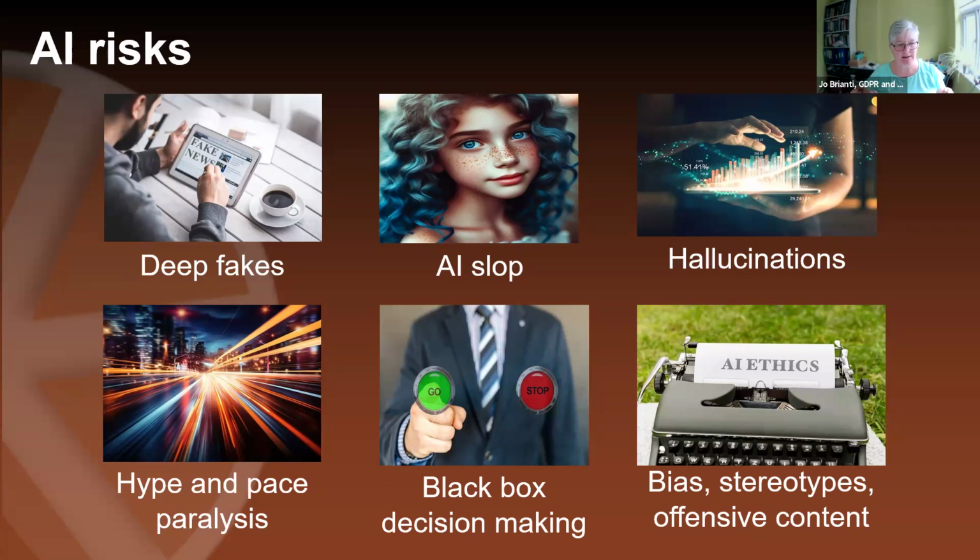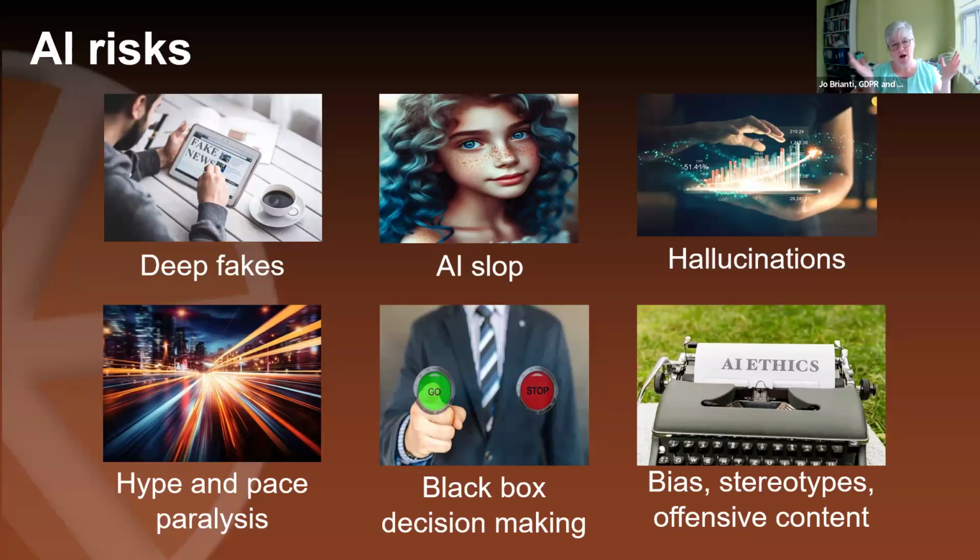Black box decision making. This is the one that specifically is linked to GDPR because it's all about automated decision making. It's all about those scenarios that I talked about with recruitment. If you or your clients become involved in this automated decision making process, and you can buy AI tools off the shelf now that will do this for you, you need to ensure that your processes include human intervention here, because that's a GDPR requirement.